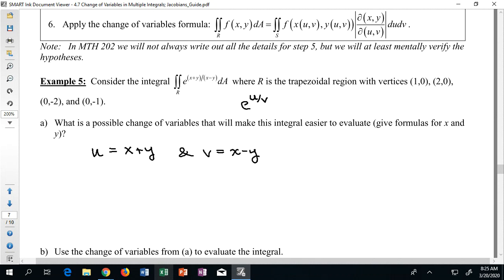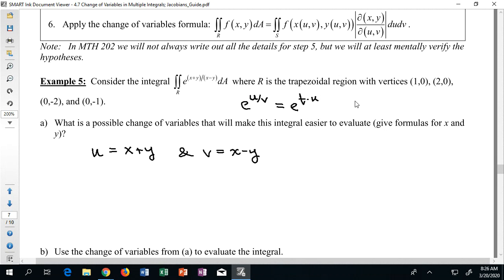Well, you could think about that for a moment. Is that actually easy to integrate with respect to either of those two variables? And if so, which one? Well, what I would say is that it seems like it's easy to integrate with respect to the variable u. It's not so easy to integrate with respect to the variable v. v is in the denominator of the fraction, but u isn't. So I could always attempt to rewrite that as e to the 1 over v times u, and I can start to see that's pretty easy to integrate